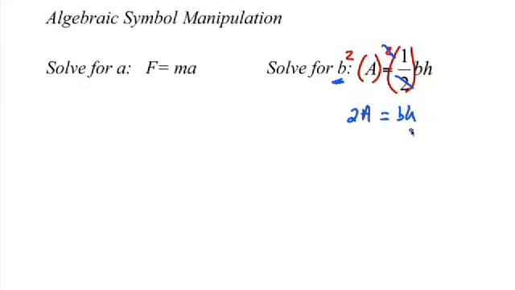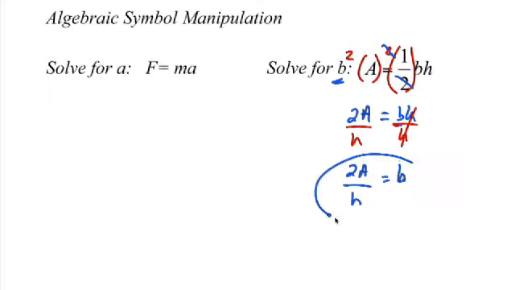Now in this problem, we are solving for b. So to get b by itself, h is being multiplied by our b, so we undo it by using division. Right, and notice this is exactly similar to that first question. We have something equals something multiplied by something else, and so, again, to solve for it, we just divide. Now, notice h over h cancel out, so your final answer is 2a divided by h equals b.